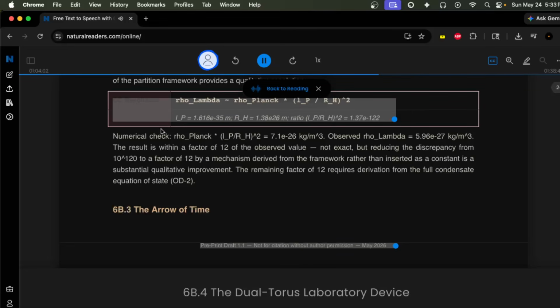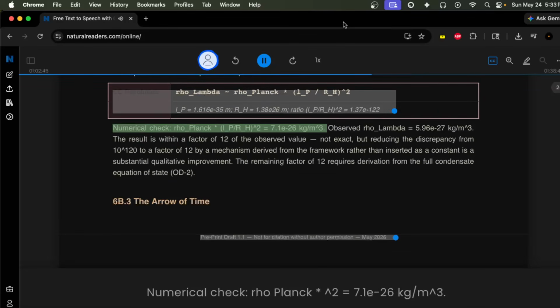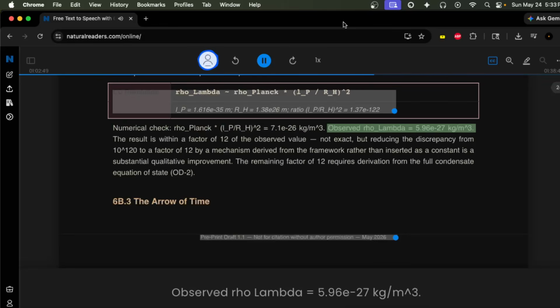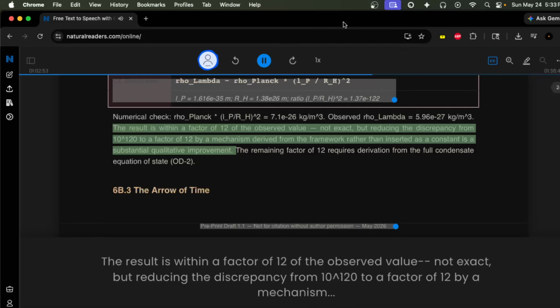6b.4 The dual torus laboratory device. Numerical check. Rho Planck squared equals 7.1e26 kg per cubic meter. Observed rho lambda equals 5.96e27 kg per cubic meter. The result is within a factor of 12 of the observed value, not exact, but reducing the discrepancy from 10